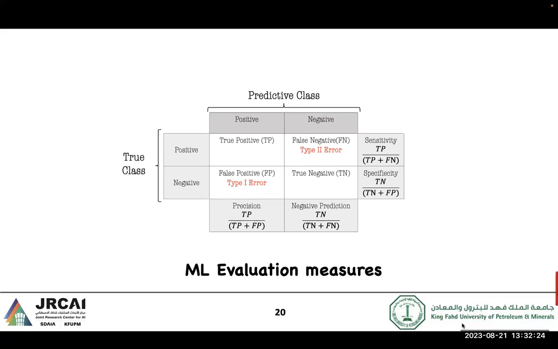Okay, so now we have the evaluation measure. This is the confusion matrix, which is very popular in evaluating machine learning models. Here, what you see in this table, we assume our problem is binary, whether it is spam or not. If we have more classes, we have a bigger confusion matrix.